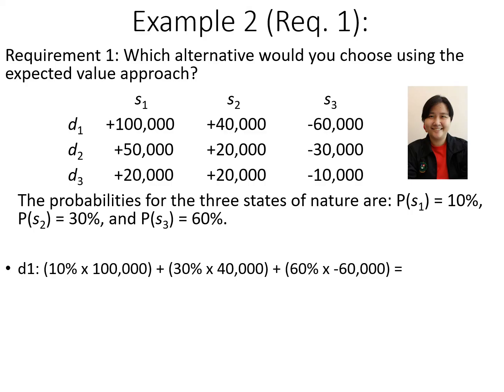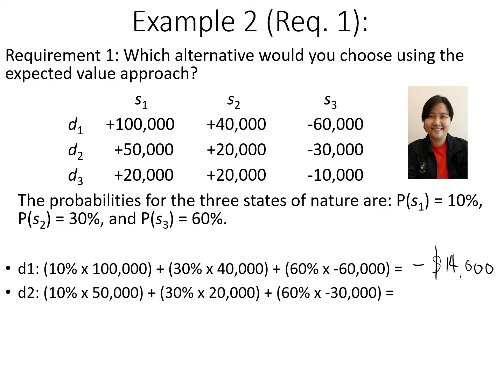The weighted average is negative $14,000. We need to put the dollar sign since the instruction in the previous slide states that the payoffs are in dollars. Now for D2, that is 10% times 50,000 plus 30% times 20,000 plus 60% times negative 30,000. The weighted average is negative